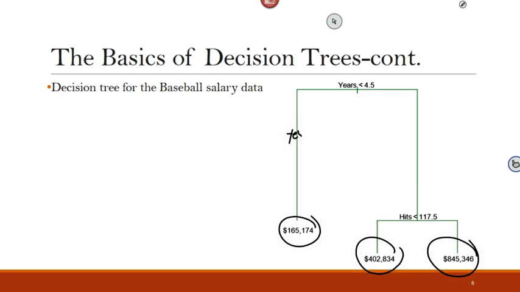Questions? Yes? So I understand, when we were looking at the graph, visually you could see the different colors, but if you just had a problem and you were trying to make a tree, how do you know to split it by years first? Very good question. This is what we're going to see next, how to create a tree.